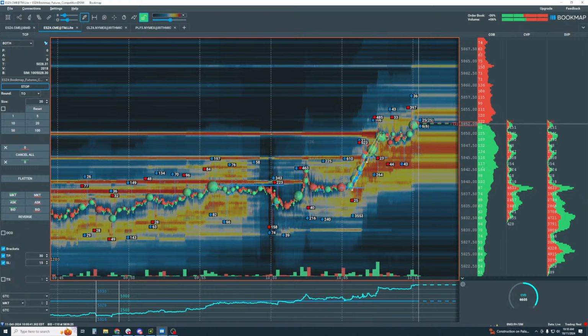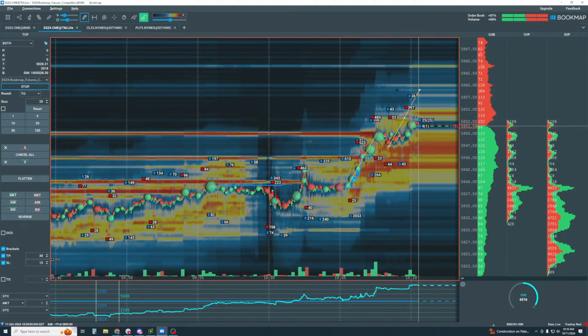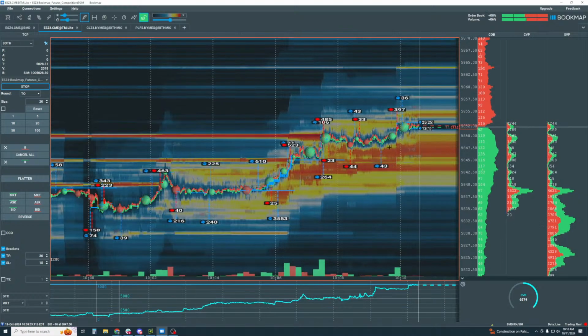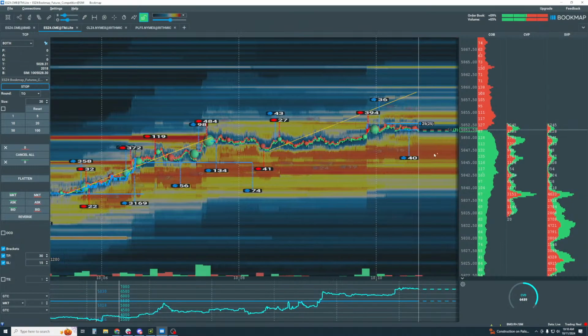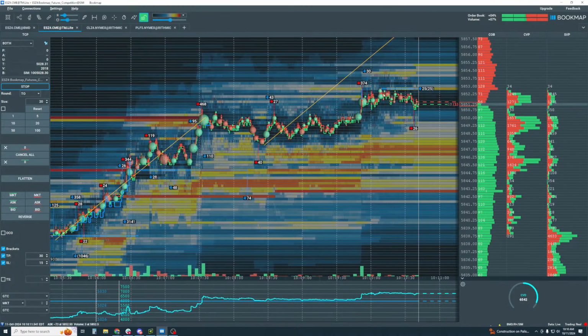So here's our first move, right? Now let's do a measured move of that and see where we might go. Here's a beautiful target up here, between 58 and 60. Okay, so now we're looking for more demand in here, and we're getting a bit of a pullback right now.